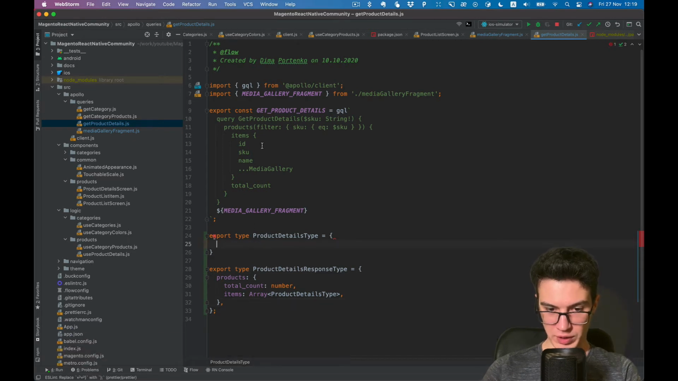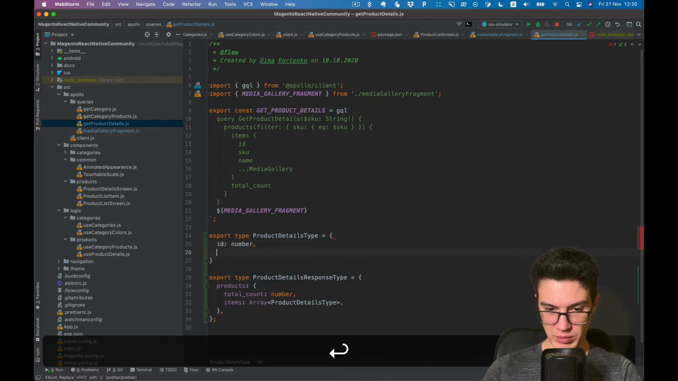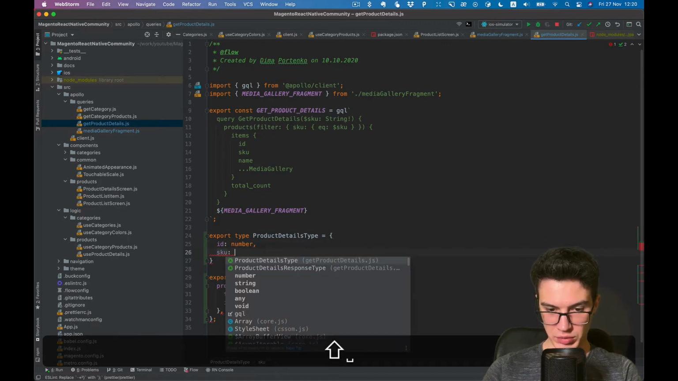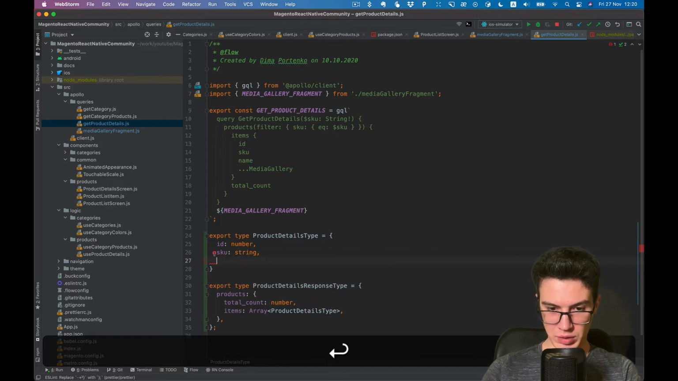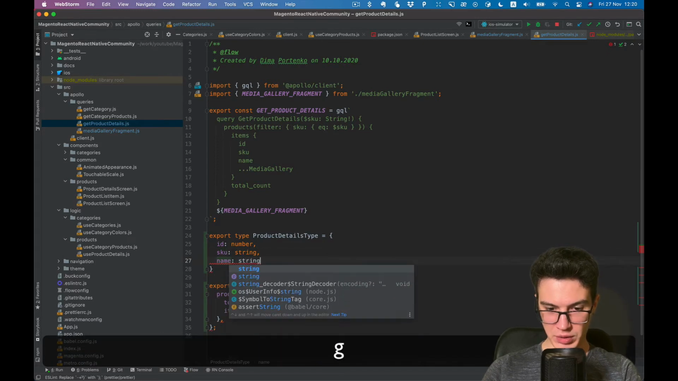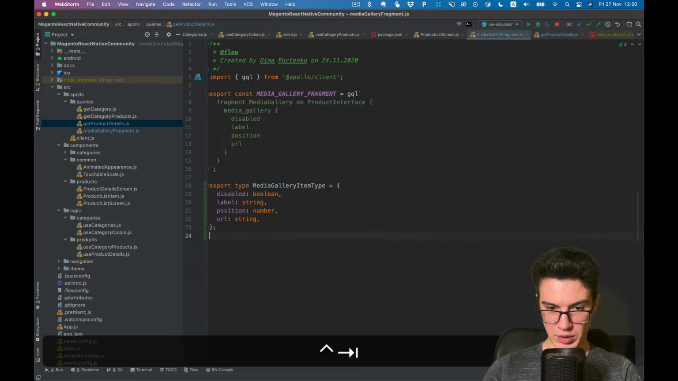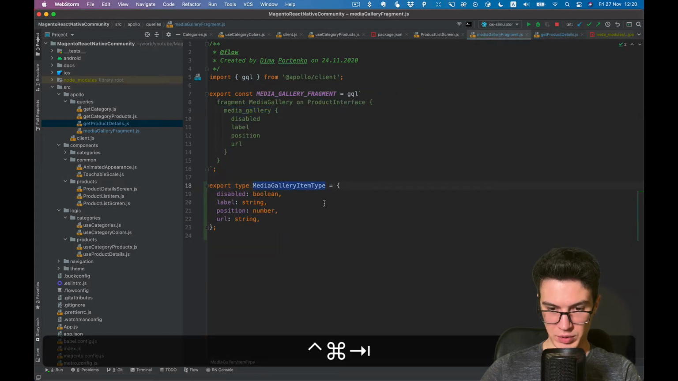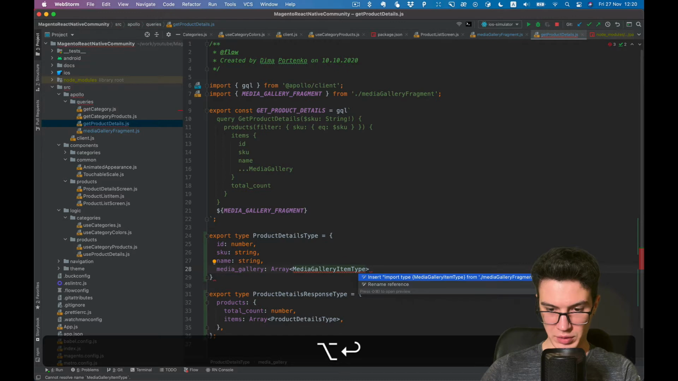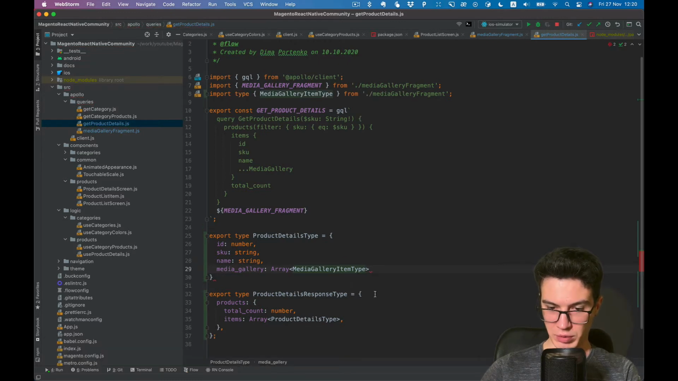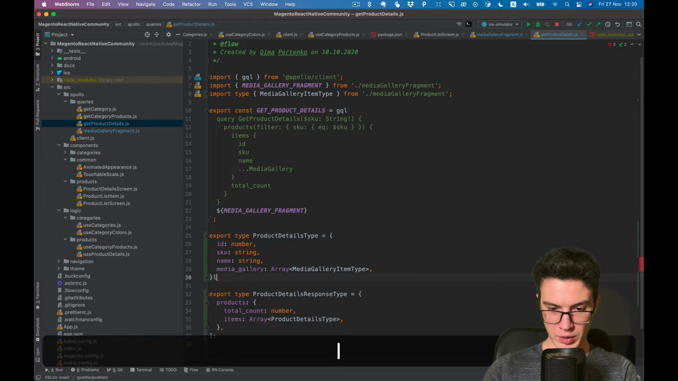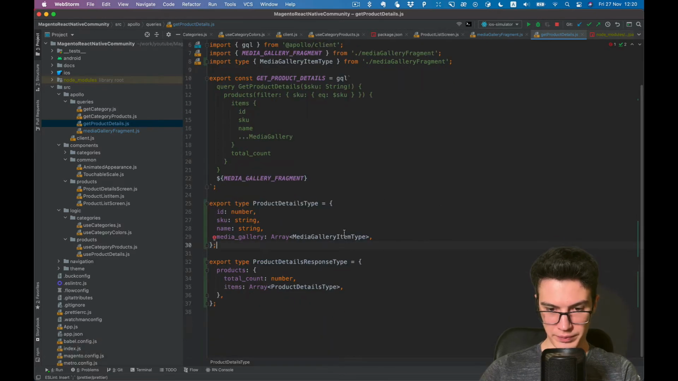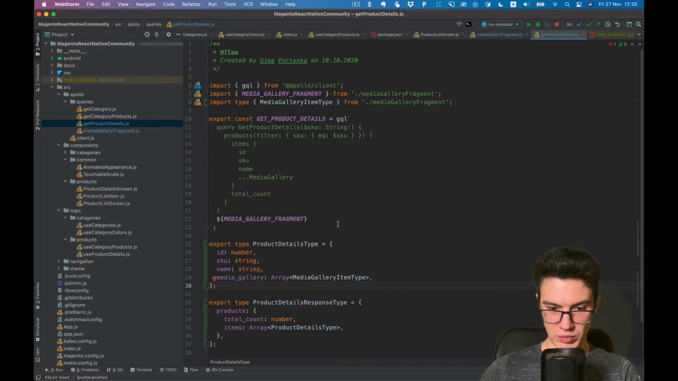And product details type contains ID, number, SKU string, name string, and media gallery is array of media gallery item type. Import from our fragment file. Okay, looks good, and now we can